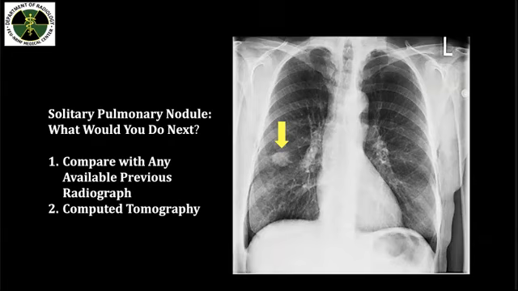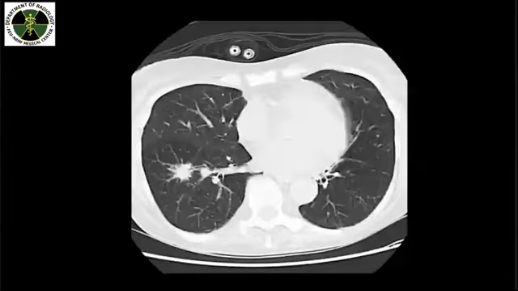Then if we see this by radiograph, do a CT scan so that you can better assess the borders, the size, and the density of your solitary pulmonary nodules. And there you will appreciate what to do next. Will you do histopathological correlation or do you need to observe it further? So ito yung examples of a malignant spiculated border that is seen in your right upper lobe.